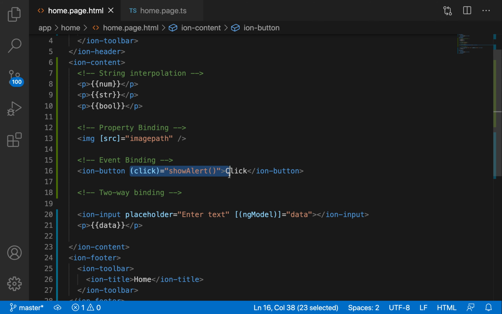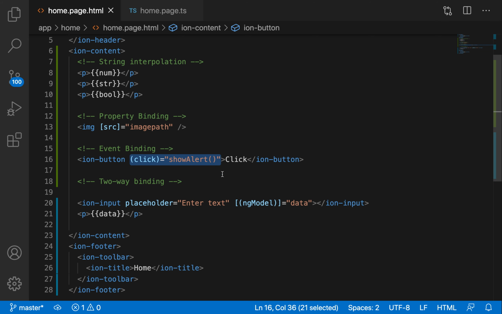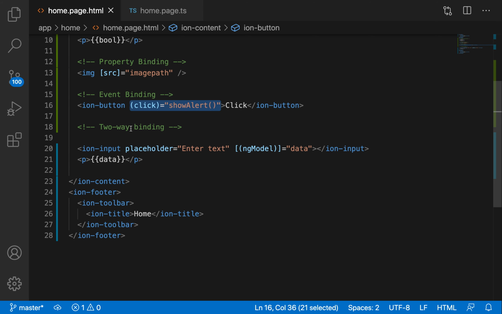The third one is event binding. In event binding, you use an event, that is the click event. When you click on the button, you are calling a method. And the fourth one is two-way binding. Here you are using ngModel, so that whatever data we give to the variable is displayed inside the input field. If you change the data, it updates our variable. In this way you can use the binding techniques in AngularJS.